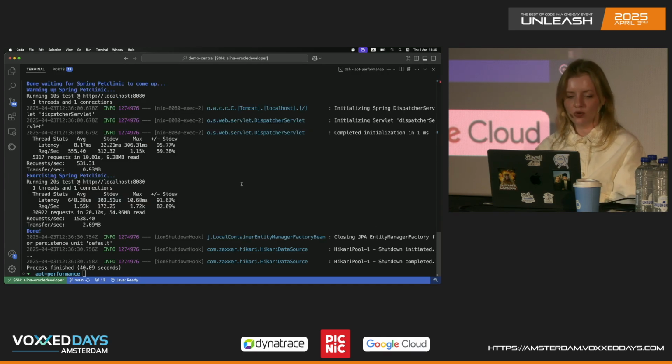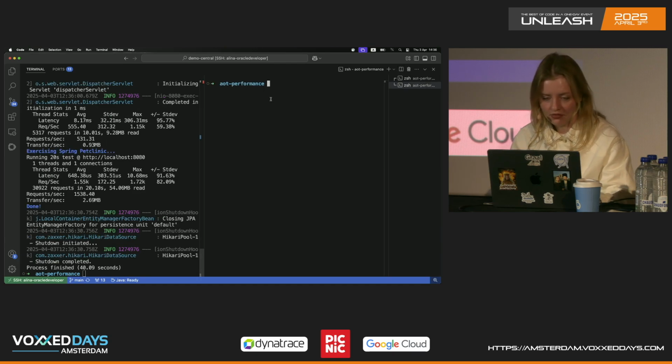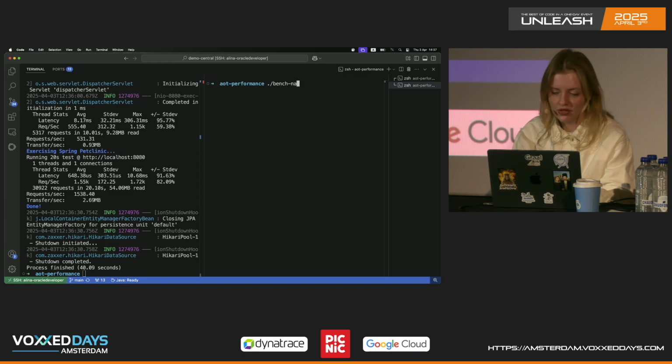So my JVM version is done now. We see that the warming up round was at 500 requests per second, but then it did warm up and it arrived at 1.5K requests per second. We all know the JVM warms up, right? This is pretty normal. Now let's benchmark the same, literally the same,